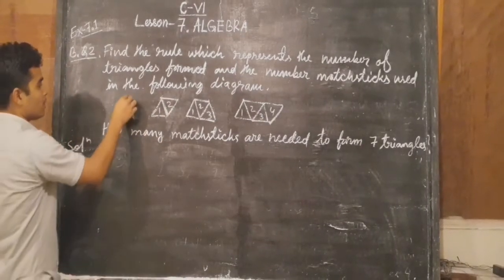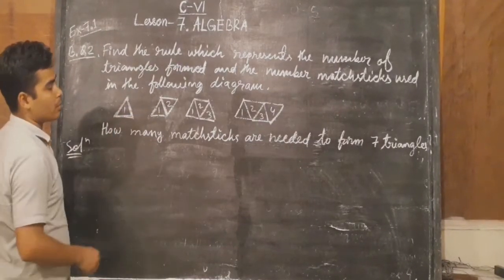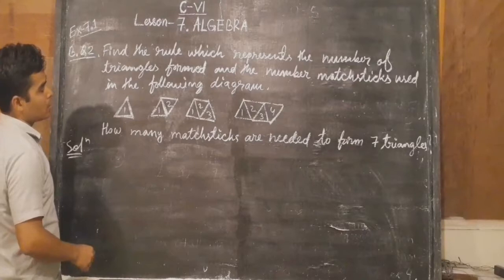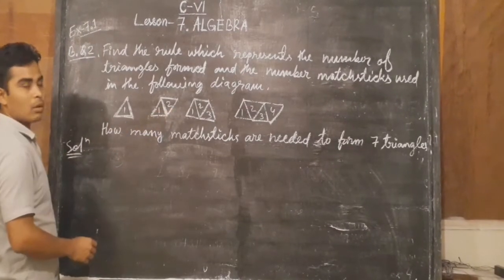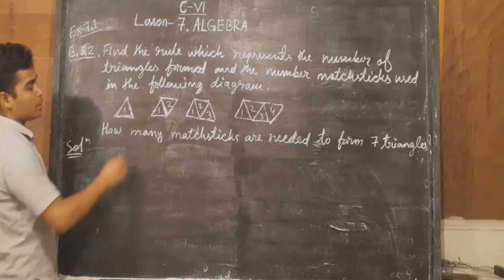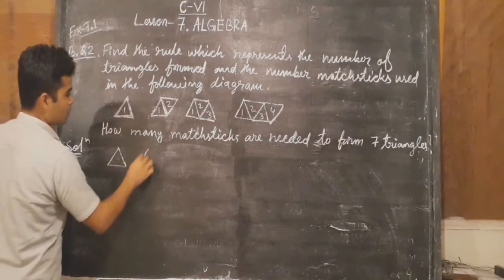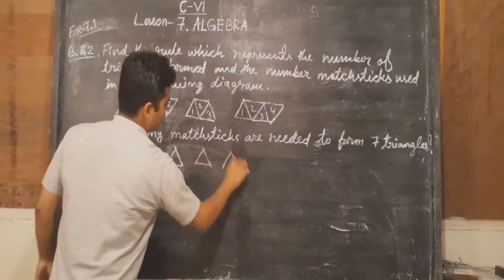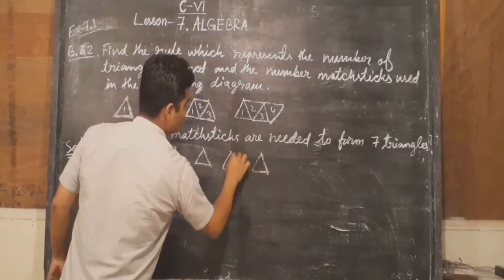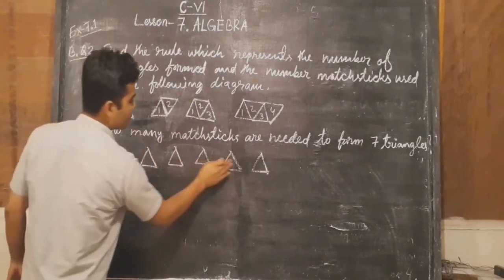So here these triangles are not in simple form, they are in special form. So here we have to find a rule by which they are appearing in this. If it is a single triangle, you can see 1, 2, 3, 4, all are separate triangles. If all are separate triangles, how many triangles are there? 1, 2, 3, 4, 5, 6.